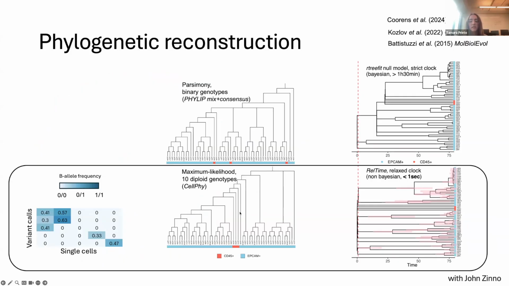And as you can see in this example, the immune cells are less dispersed, as is actually expected. And then we transform the branch lengths to time units using a relaxed clock instead of a strict clock to accommodate differences in mutation burden between immune and epithelial cells. And using a relaxed clock, we observe that the age of the most recent common ancestor of the germ layers, mesoderm and endoderm, agreed with the expected developmental timings occurring before birth.